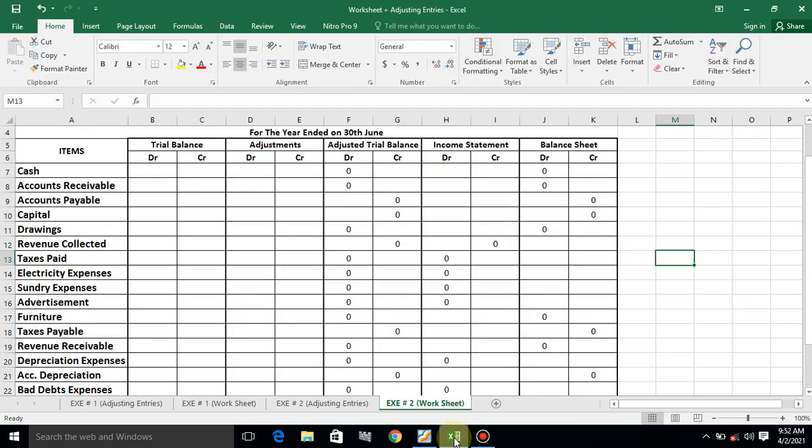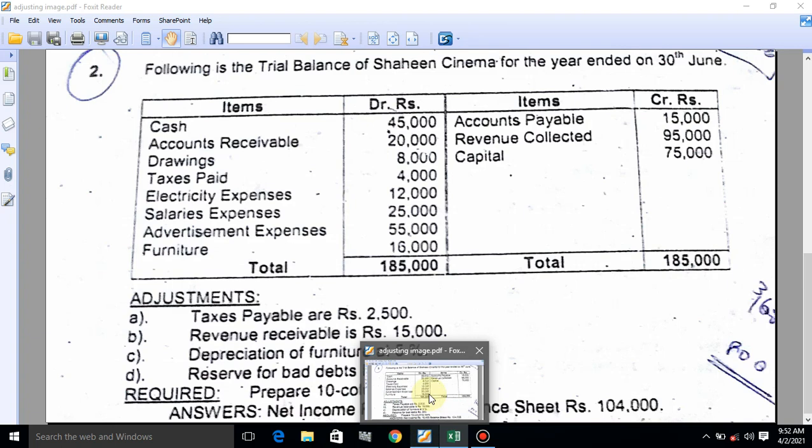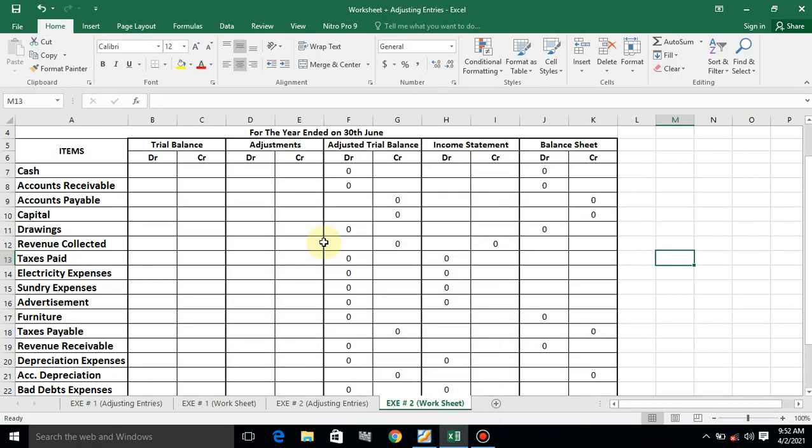Now what we have to do in worksheet. We have to write all these items one by one: cash, account receivable, account payable, capital, drawings, revenue collected, taxes paid, electricity expenses, sundry expenses, advertisement, furniture, taxes payable. These were basically the trial balance items, so we are going to put values here. As you can see in the question, what is the value of cash? The value of cash is 45,000. So we'll also write 45,000